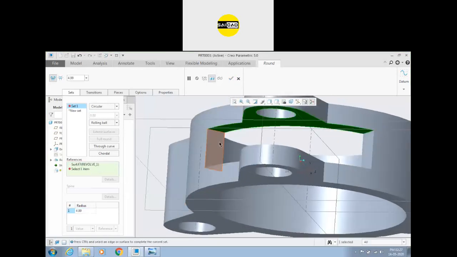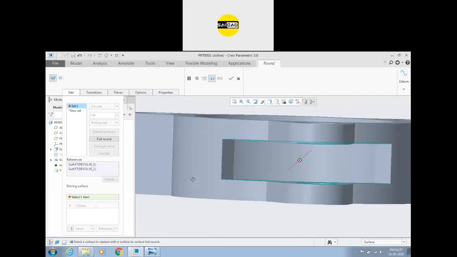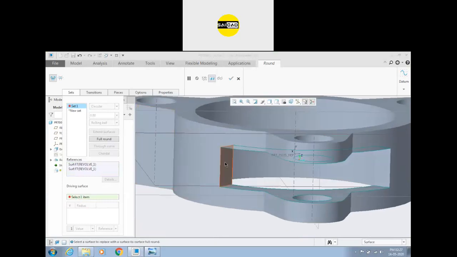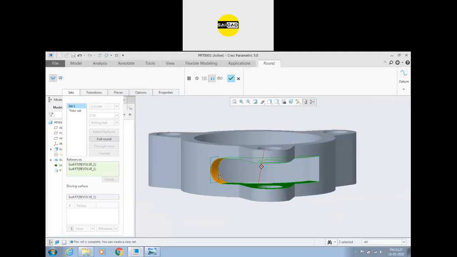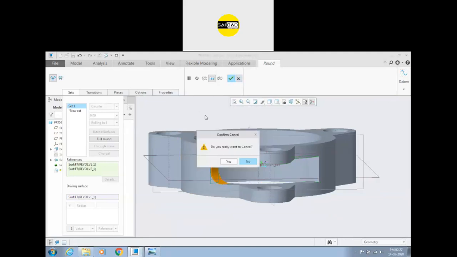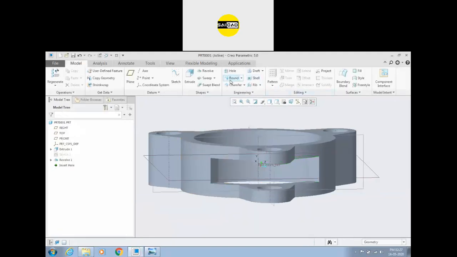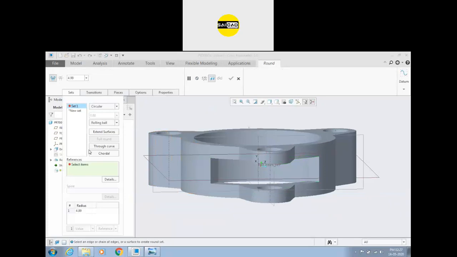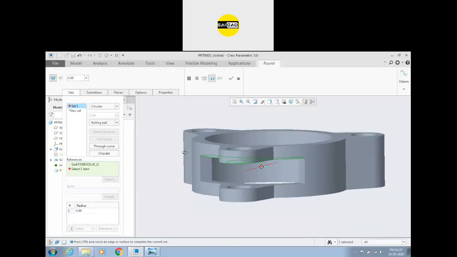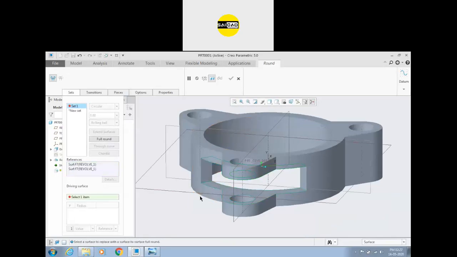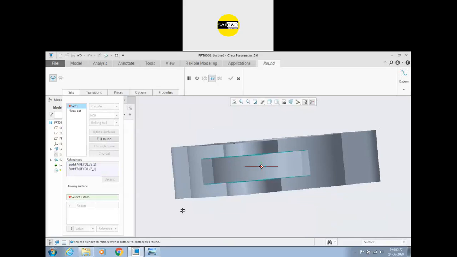You can select a face, two faces, and a third face like this, and you can create a fillet like this. So again, go to the round, go to the set. Select the first face, select the second face by holding the Control button.